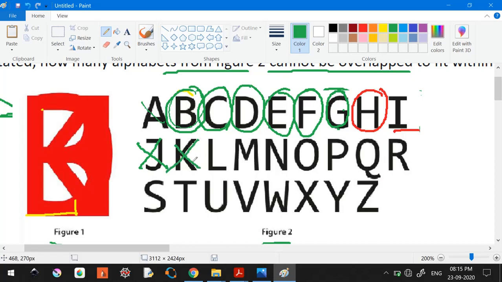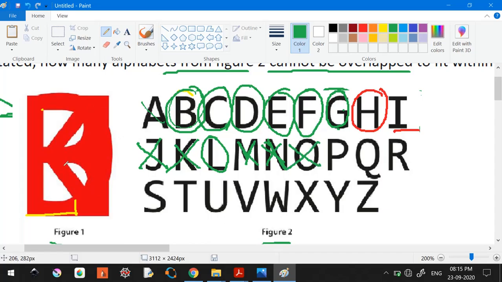I don't have to explain L, which is straightforward, yes, we can fit it like this, right? Which is clear. M also I don't have to explain, because we need this particular portion, which is missing here or here, so that is clear. N also needs this particular central portion, which is missing here. Okay, let me erase this. O, if you see, it is bulged here as well as here. Bulging is visible here, but this side it is straight, which will not qualify for O, right? I hope you got this.